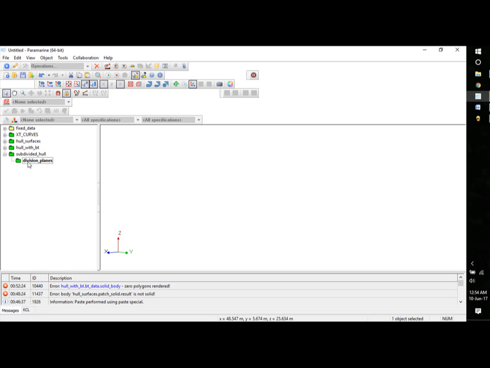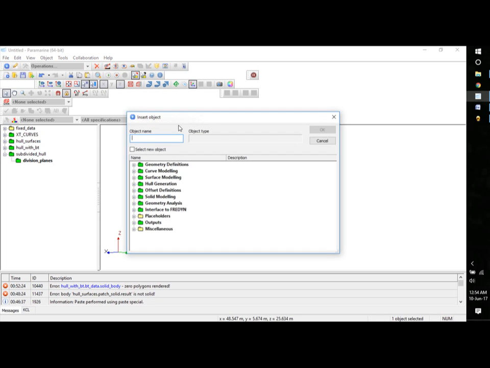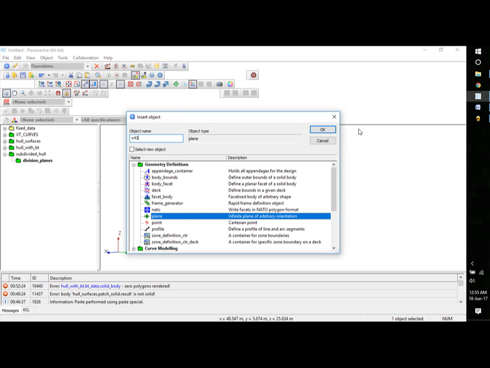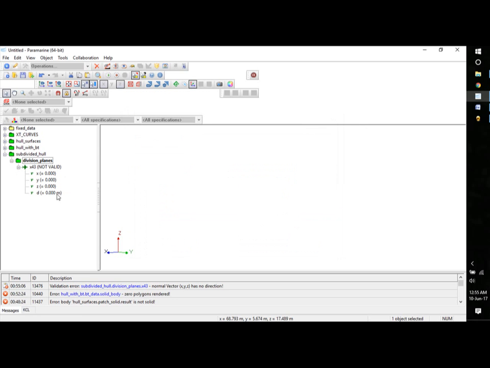So my division planes are defined by x equal to 43, 28, 15, 5, y equal to 7, and minus 7. So let's see, I'll insert a plane body. Right, so this is x 45, so 43, x 43. Okay, so I'll just